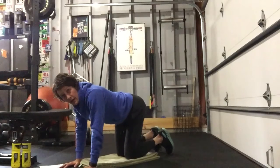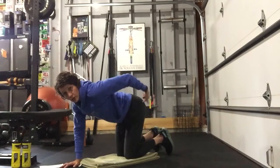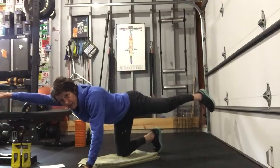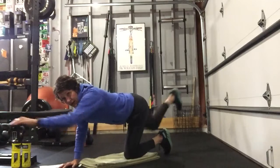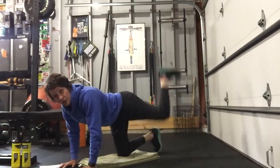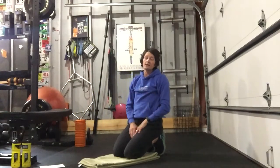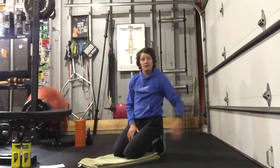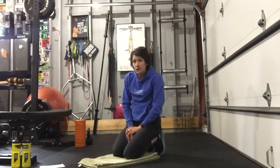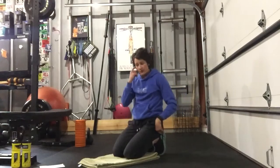I also find it helpful if I fully extend my leg. That uses your glutes more. So kick back, fully extend that leg. Kick back, fully extend that leg. It's not kicking up. You're not doing a donkey kick to the ceiling. You're kicking your feet directly back behind you, trying to achieve full knee extension so that you really recruit those